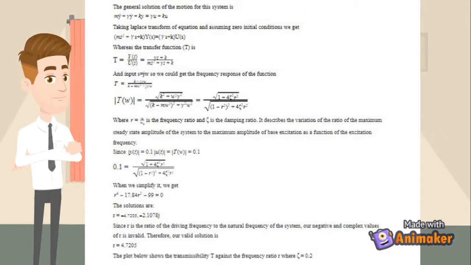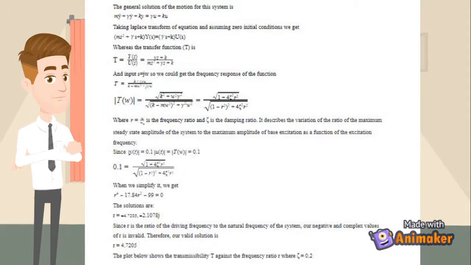The general solution of the motion for the system is m y'' plus gamma y' is equal to k y is equal to gamma u' plus k u. Taking the Laplace transform of the equation and assuming zero initial conditions, we get the quantity m s squared plus gamma s plus k, Y(s), is equal to the quantity gamma s plus k, U(s), whereas the transfer function T is equal to